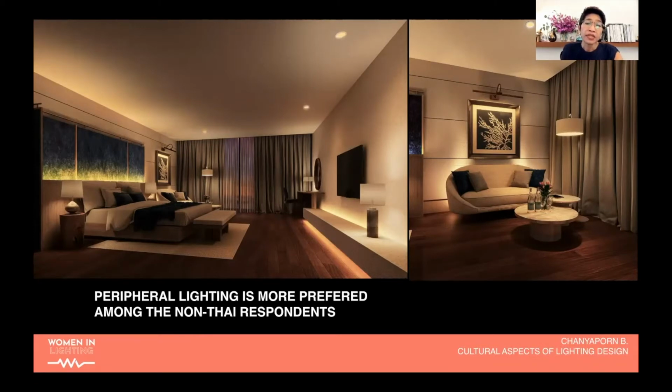This insight, we're very interested in investigating it further and verifying it with a larger group of respondents because we're doing a lot of hotels in this region. So it's for us to set up nighttime scenes, different lighting scenes for different times. For hotel operators, I think, to utilize LED technologies and lighting control technologies to provide a better personalized ambience and lighting scenes for their guests, who would come from different locations.